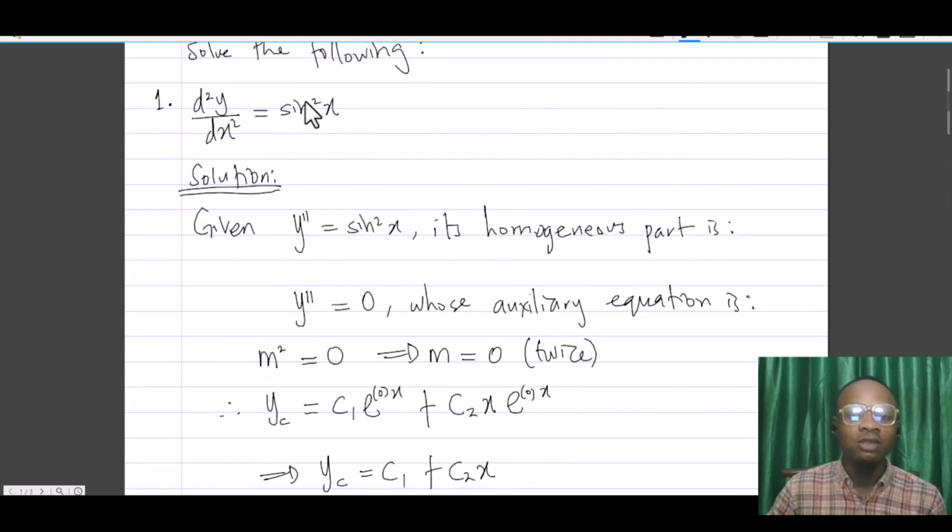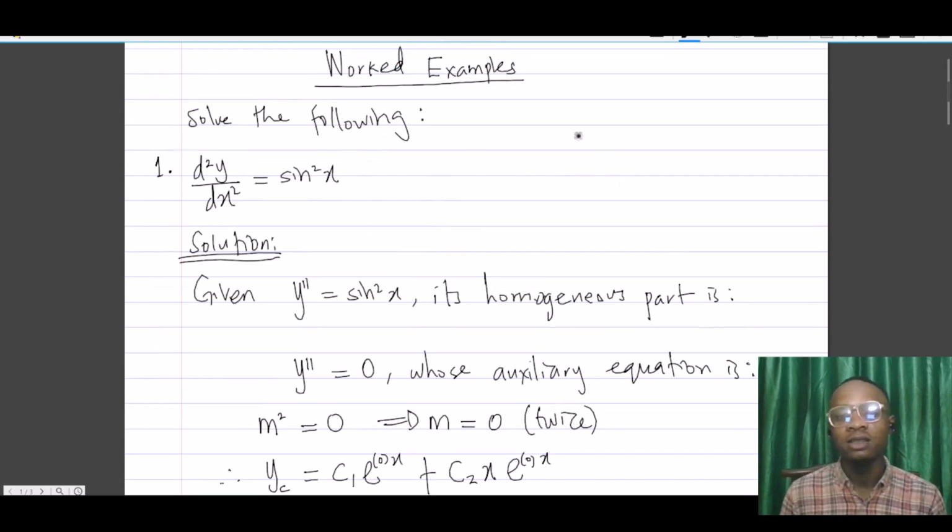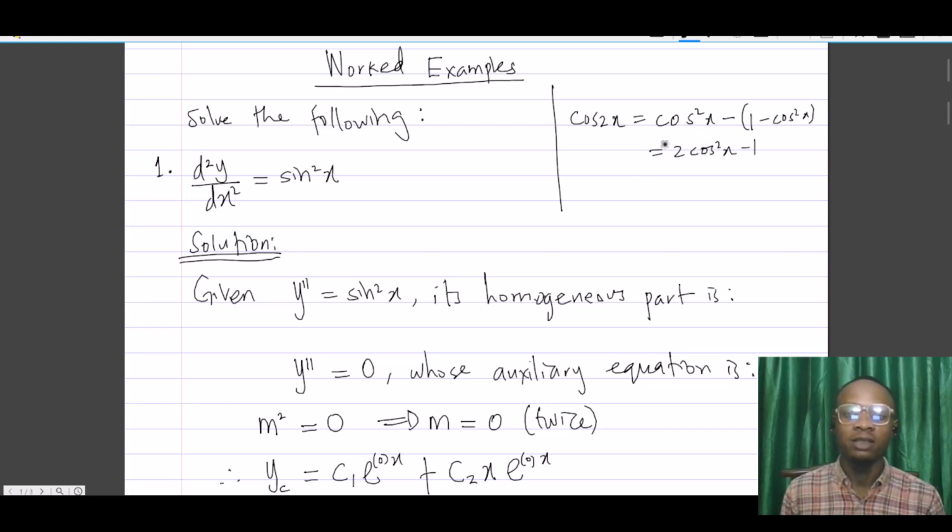When you have sine squared x or cos squared x, cos squared x also can be simplified. We know from what we did that cos 2x was equal to cos squared x minus sine squared x. Sine squared x will now be 1 minus cos squared x itself, so we would have this to be 2 cos squared x minus 1. So if we add 1, we could make cos squared x the subject and still write it in terms of cos 2x. That will give us a linear expression here,